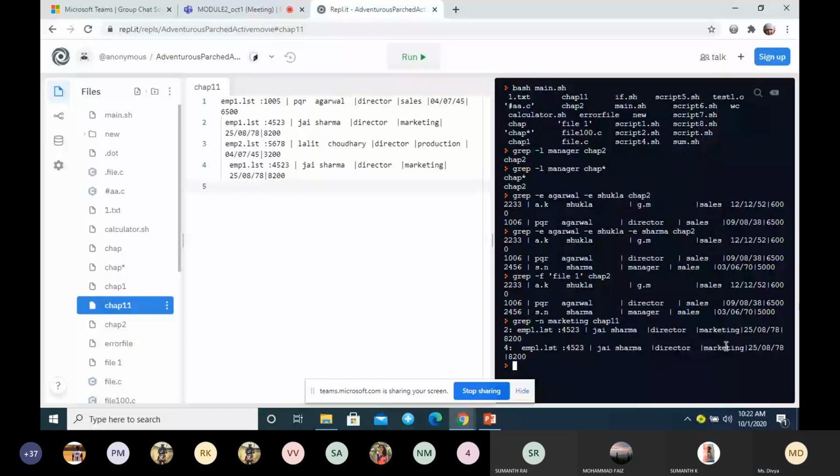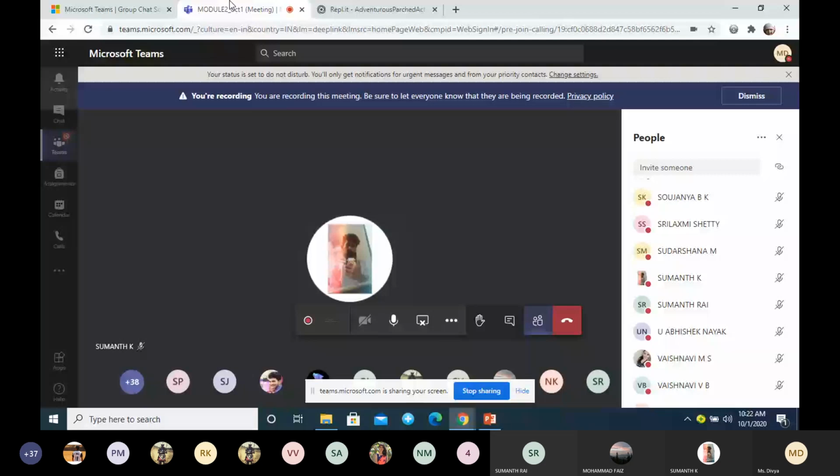Okay, to summarize, what are the options we have? -I is for ignoring the case. -N is for displaying the line number. -V is for deleting the lines. -C is for counting the lines containing the pattern. -L is for displaying the file name. -E is for matching multiple patterns.